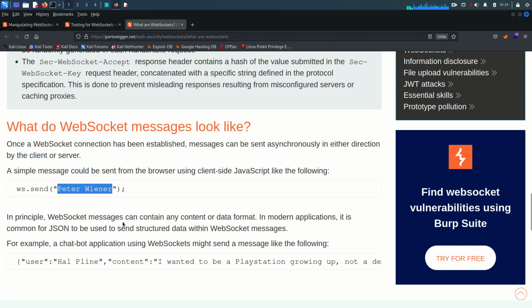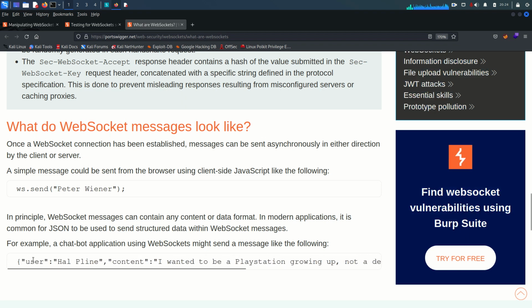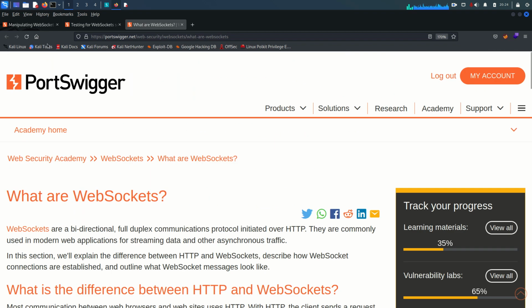Fine. In principle, a WebSocket message can contain any content or data format. In modern applications, JSON is most commonly used. So there is the JSON format of it. You can see the user and the username is this, the content is going to be this, like this. Fine. So now back here,